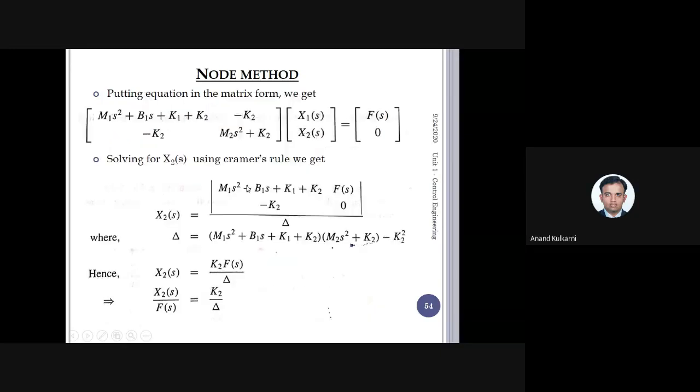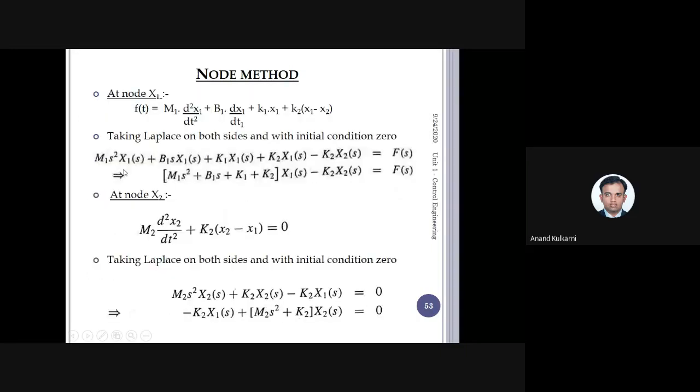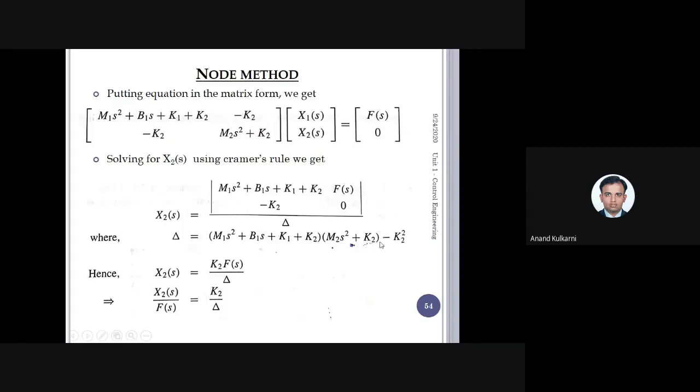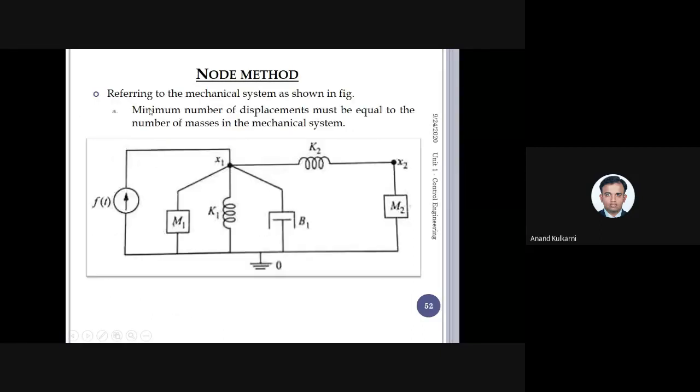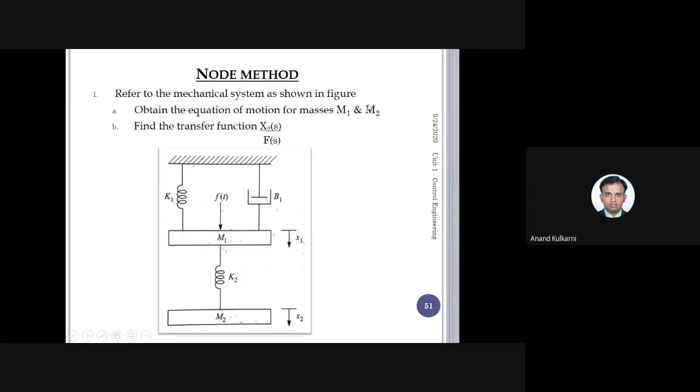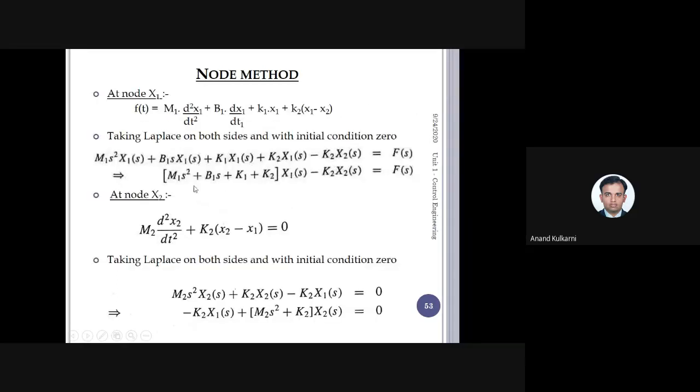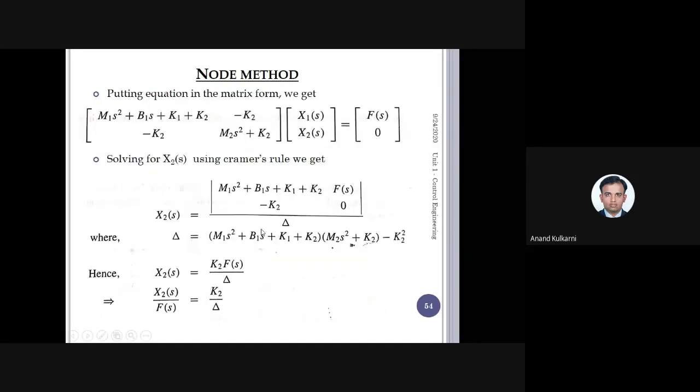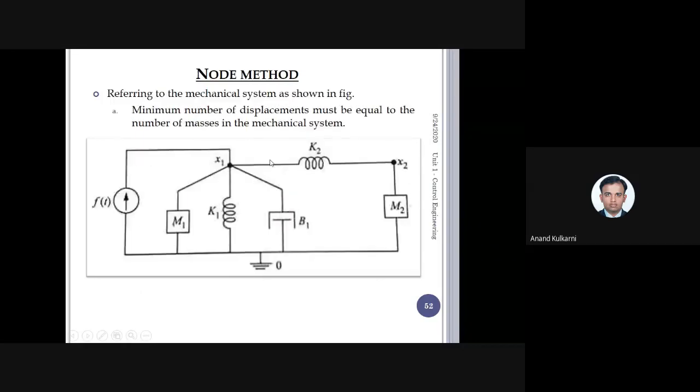Now what we do is we write that in the matrix form. For matrix form, this first equation x1 x2, second equation x1 x2. If you multiply this, we get these two equations, whatever has been put in this. Now, this is the first part. In the problem, what has been asked? Obtain the equations of motion for mass m1 and m2. That we have obtained. So these are the equations for mass m1 and m2. If you write up to this step, you are going to get around 60% of the marks for the given problem.